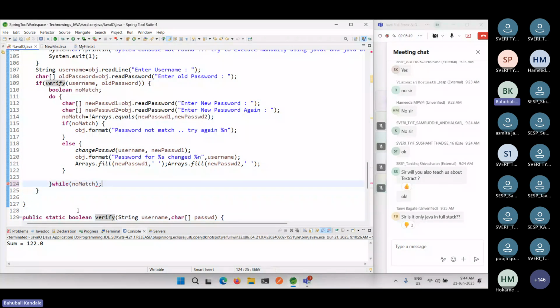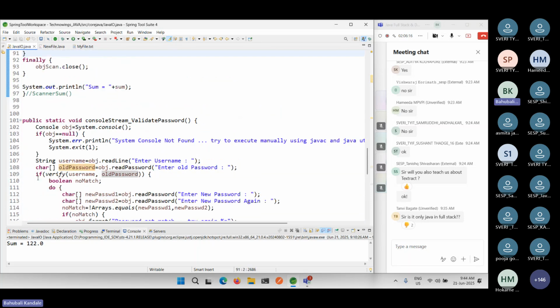We have one other array, and that array also we need to fill. So after the while, that old password, right? That old password also I need to fill with blank. So that's the way